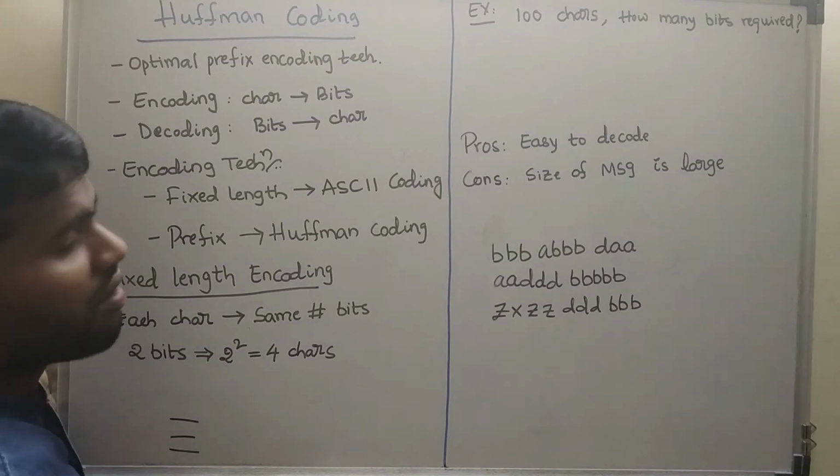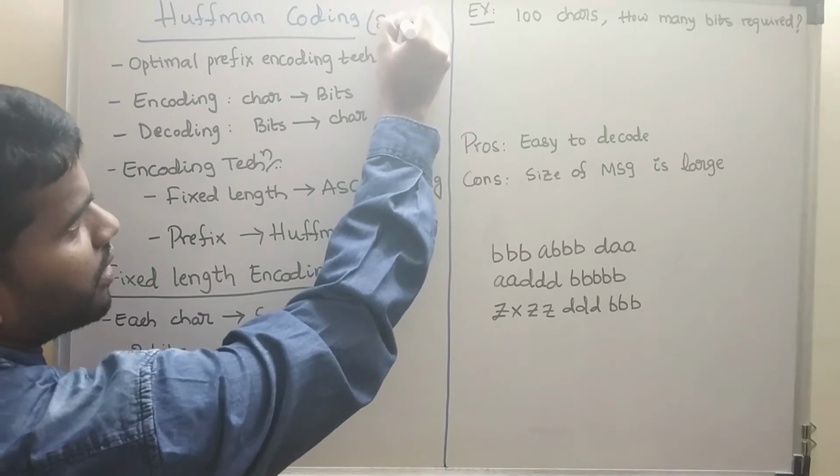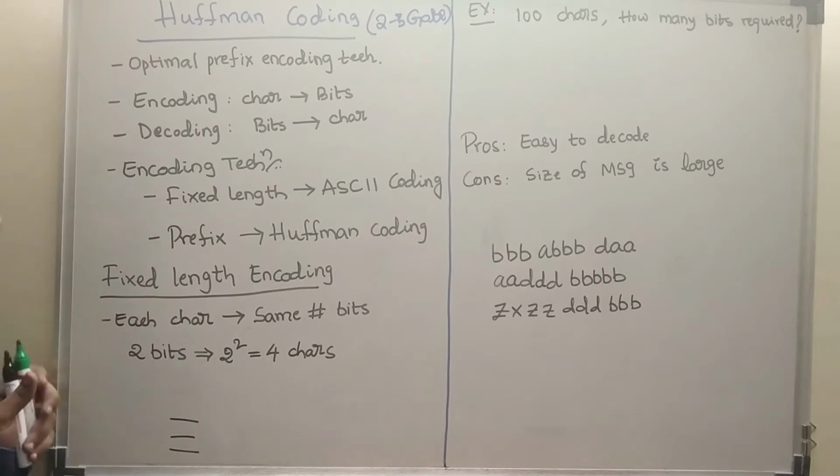We'll discuss Huffman coding. In Huffman coding, you will get 2 to 3 marks in GATE. Okay, 2 to 3 marks in GATE. And what are these